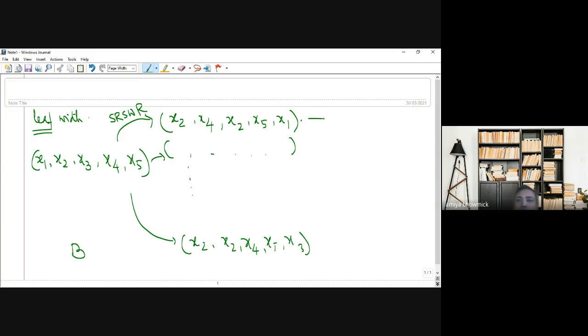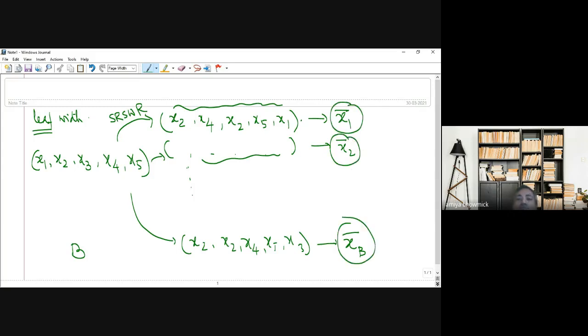Now from each of these, I'm going to get one sample mean. I consider the mean of all these values, again the mean of these values, and like this the mean of my bth bootstrap sample also, so x-b bar. These are the new mean values which I have got.